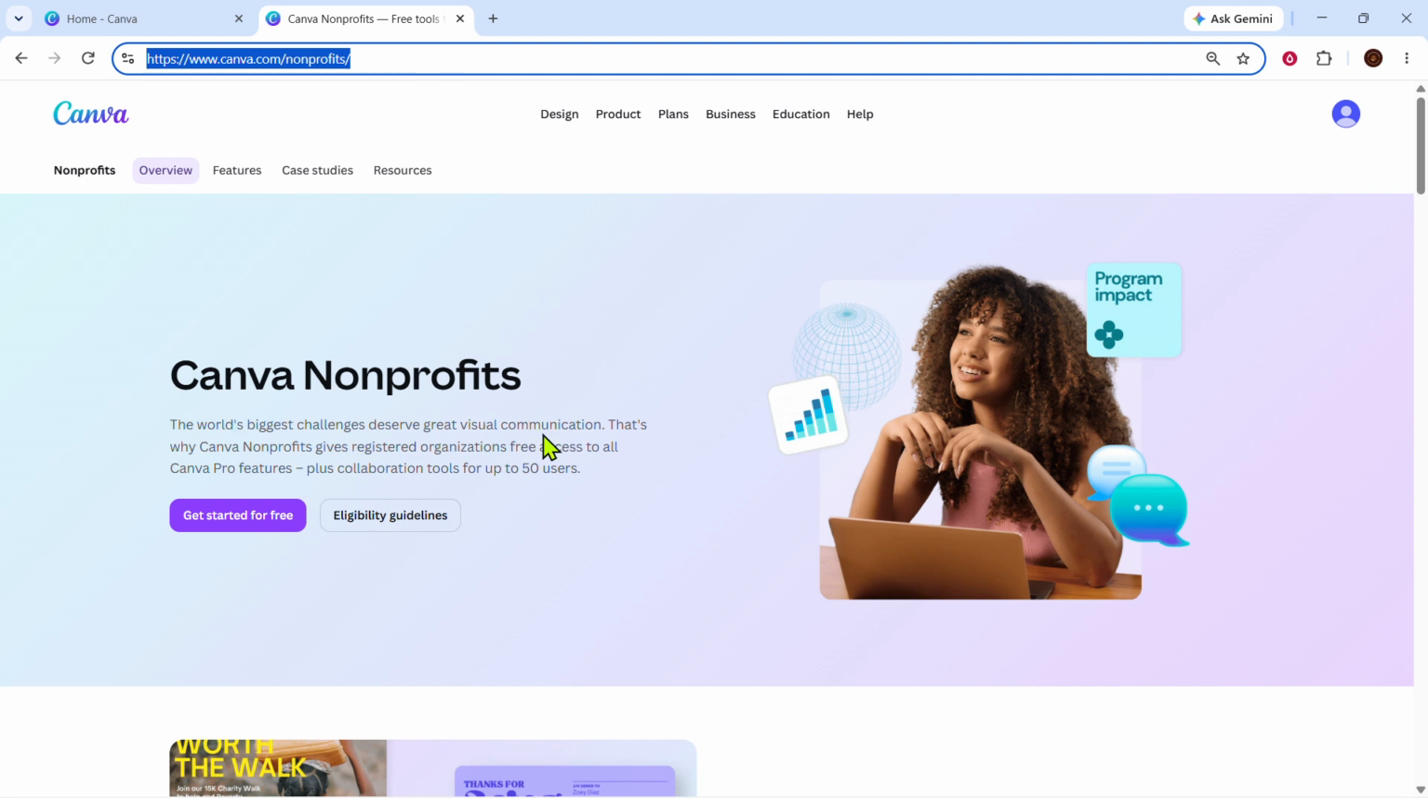This part is simple, and once you are inside the platform, you will have access to Canva's main dashboard, where all of your design tools, templates, and projects are organized. If you are brand new to Canva, take a moment to get comfortable with the layout so the next steps